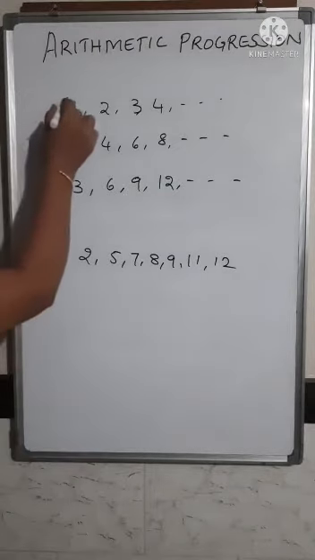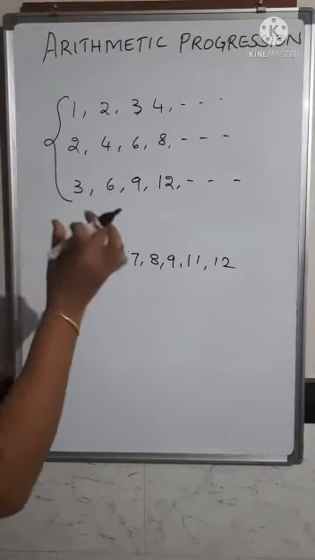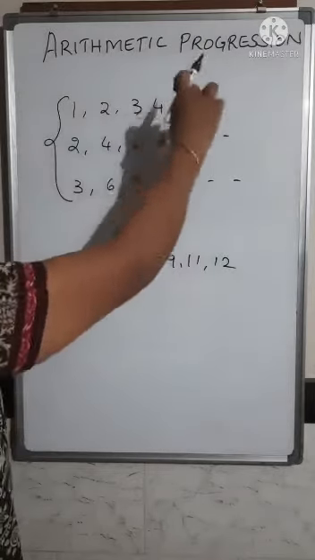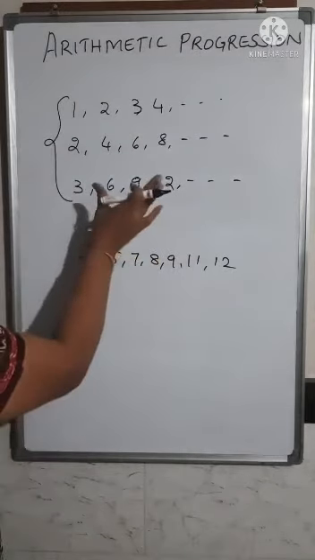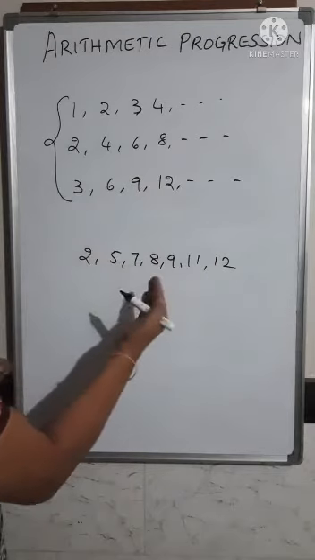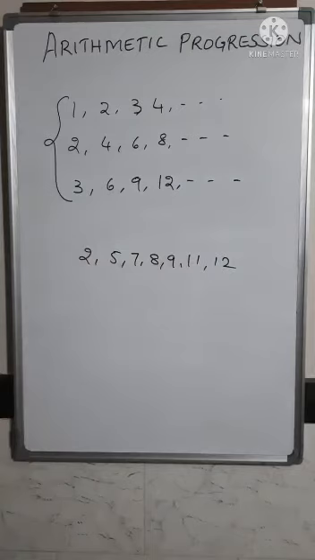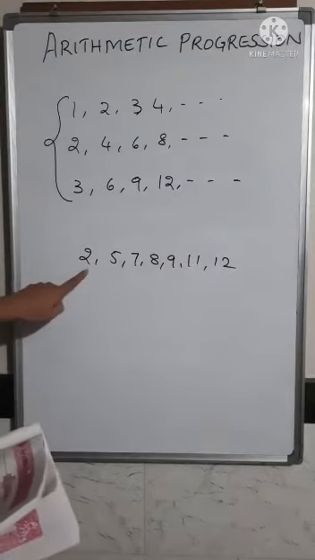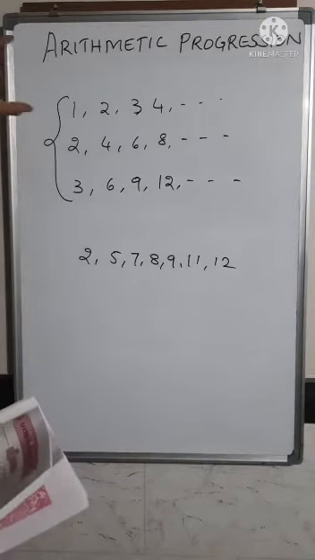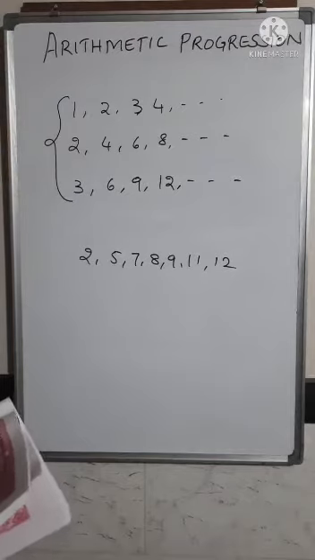Now such type of numbers where a proper relation exists between the set of numbers, such numbers you call a sequence. Here you don't have a particular rule or property existing between these numbers, so such numbers you don't call a sequence. A sequence is a set of numbers where the numbers are arranged in a definite order, or where you have a particular rule.